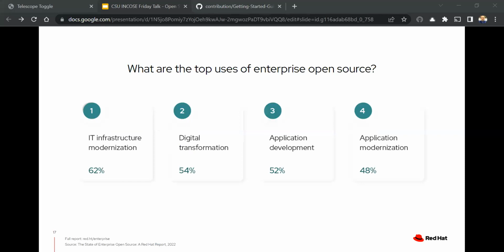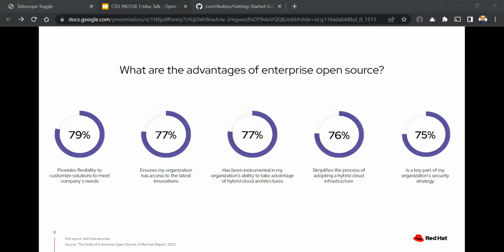So of those that were surveyed, there is a top 4 of uses, which are infrastructure modernization, digital transformation, application development, and modernization. But what are the advantages of enterprise open source? There are some more slides below that will go into detail, so if I run out of time, you'll be able to refer back to these. But these top 5,